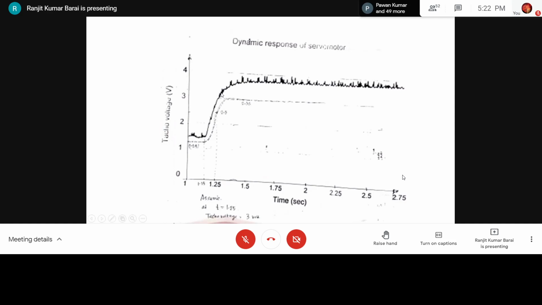And from the gain, you know the input that has been applied and what output you are getting. So from here you will get the gain. You are getting the gain as well as the time constant, and from here you can derive the transfer function very easily, the first order transfer function.